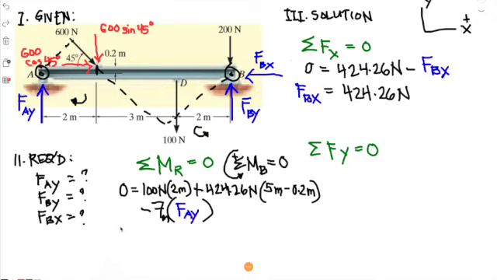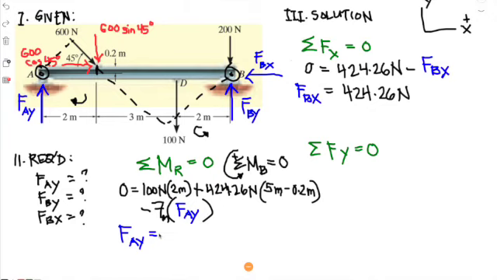If we manipulate this equation, we can find FAY. So this is 100 newtons times 2. So we transpose FAY on the other side, and we add all of this and divide it by 7. Okay, so I hope I don't need to break down the algebra in this, and you can follow it. So we will have, this is sine 45 times 600 times 5 minus 0.2